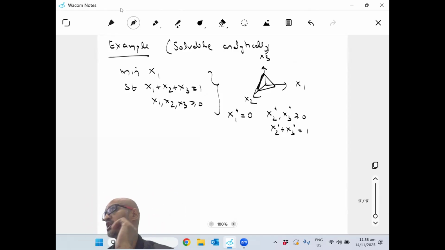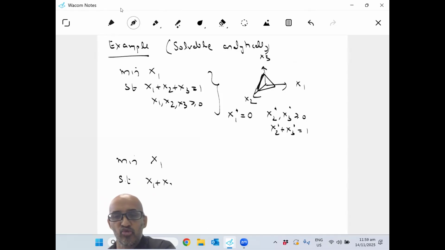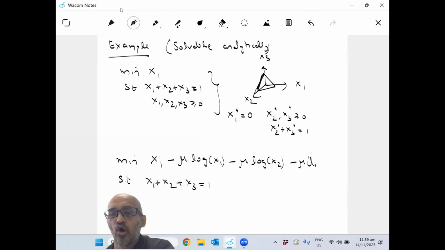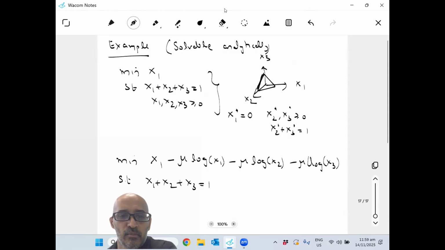What happens if you apply interior point method? Let's think about what we will do. So you want to solve with an interior point method. You want to minimize a barrier function. So x1 subject to x1 plus x2 plus x3 equal to 1. You're going to take the non-negativity and you're going to write minus mu times log of x1 minus mu times log of x2 minus mu times log of x3. I'm going to try to minimize this function. This is my barrier problem. This is my barrier function